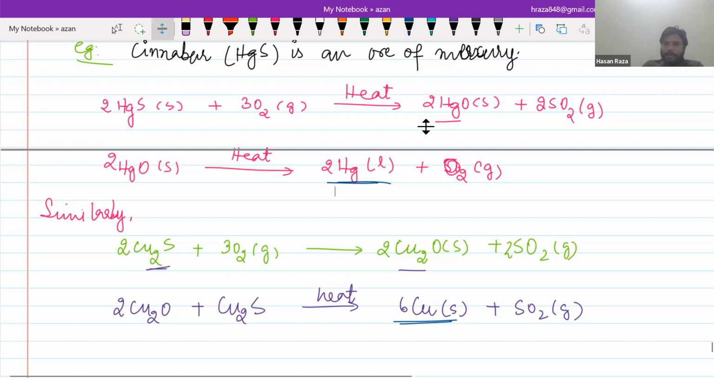Now, extracting metals in the middle of the activity series. So medium reactivity is used, that is a type of, that is carbon and